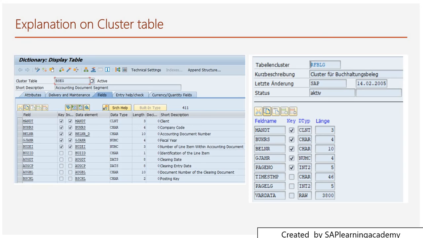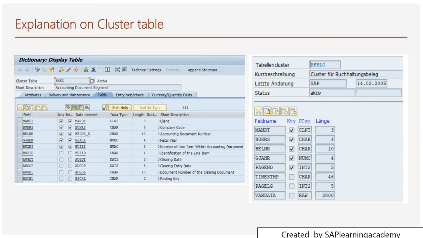Like you can see that both have the key fields, and the corresponding table cluster will not have all the fields. It will have mainly the key fields and maybe some more fields. Meaning that if you do some kind of search operation, if you write a SQL on the ABAP